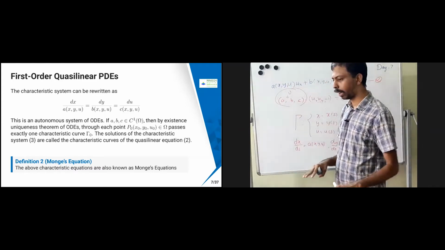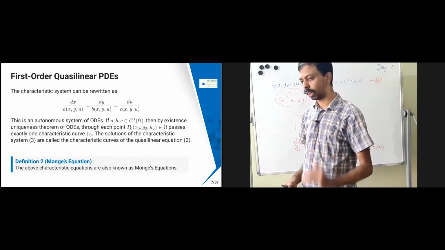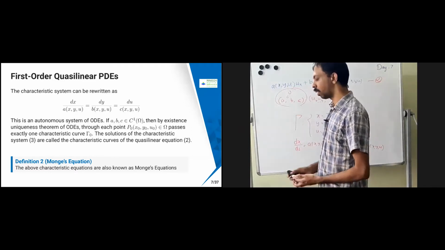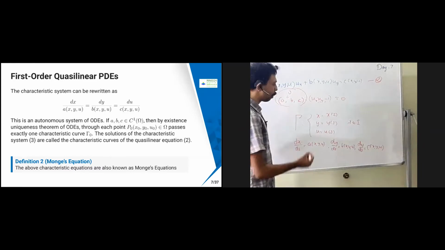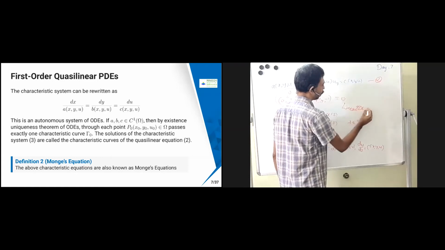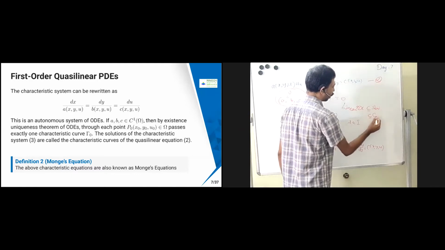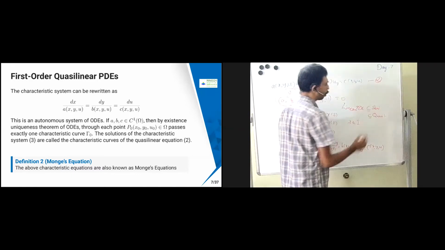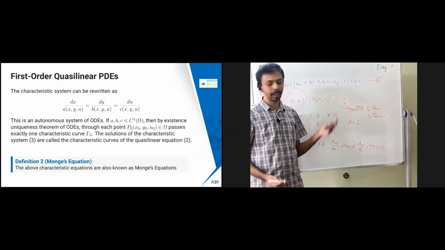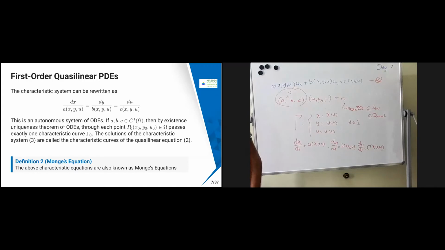This is the underlying idea for all the cases we have discussed, either a linear PDE with constant coefficients or a linear PDE with variable coefficients, or a semi-linear PDE. All these cases come into the picture because we saw in the first class that the linear PDE is a proper subset of the semi-linear PDE, which is a proper subset of the quasi-linear PDE. Now I am developing only the existence and uniqueness theorem for the quasi-linear PDE. The same kind of conditions you can impose for the semi-linear PDE, so that is the reason we are giving the existence and uniqueness theorem only for the quasi-linear case.